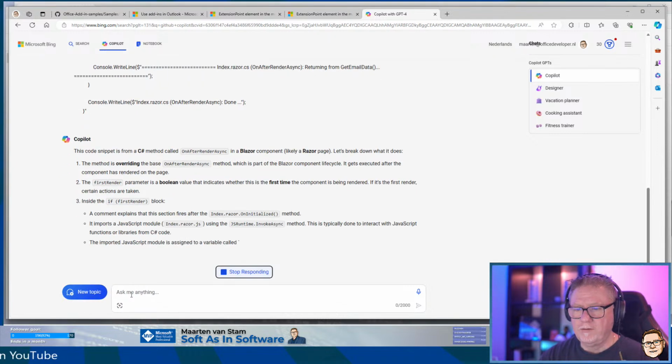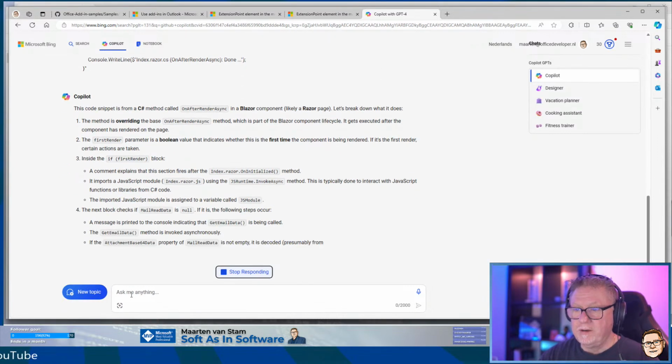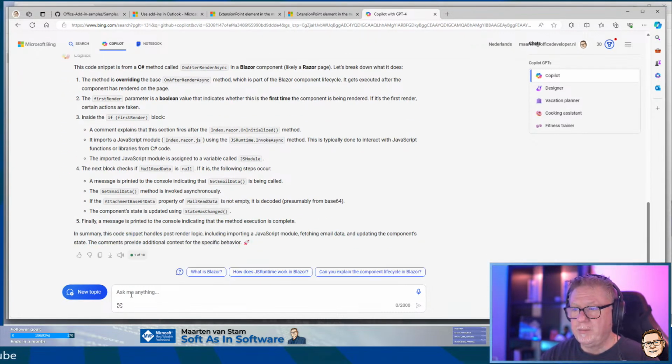This Copilot is from C# method on after render in Blazor, that's right, like a razor page. Let's break down what it does. The method is overriding the base after render async method. That's true. Which is part of the Blazor component lifecycle. It's executed after the component has been rendered. The first render parameter is a boolean and indicates whether it is the first time the component is being rendered, it will do something. Inside the first render block,